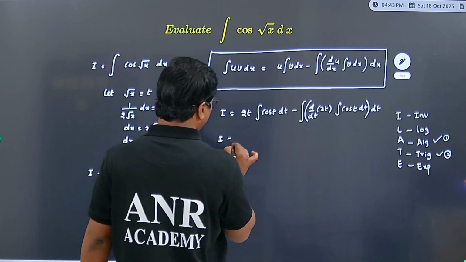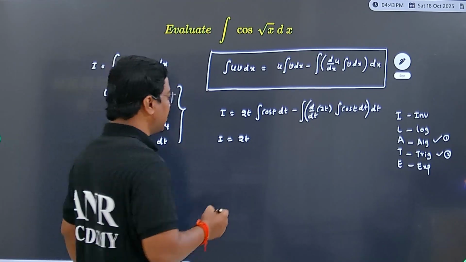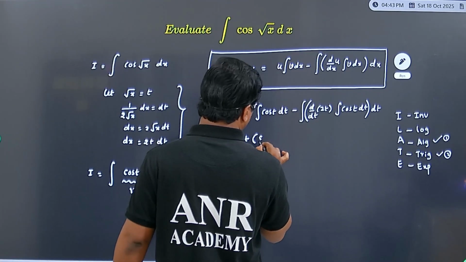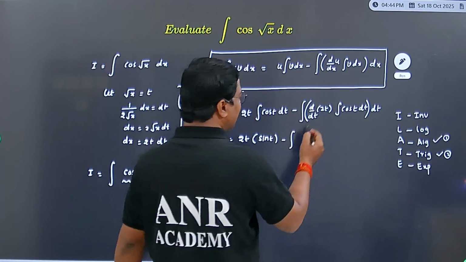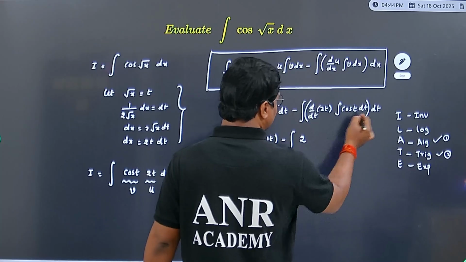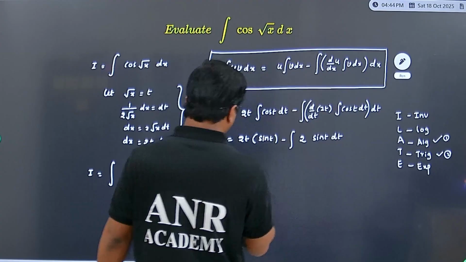Therefore the value of I equal to 2t into integration of cos t, that is just sin t, minus integral 2t derivative 2, next cos t integration sin t dt,